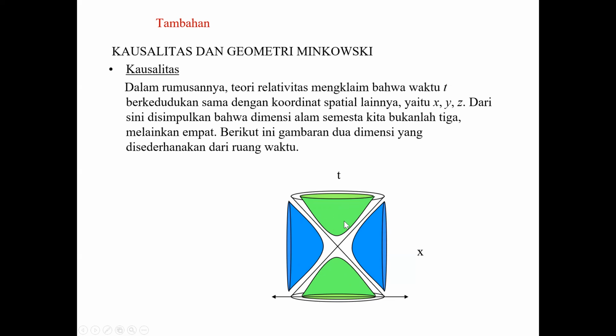We can distinguish, and this is for the present here. So we live as massive particles. Humans live in this green region, because we experience causality. Causality means we have